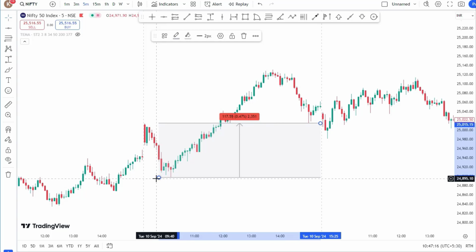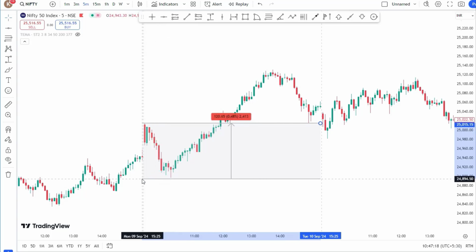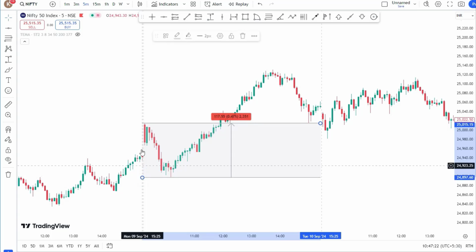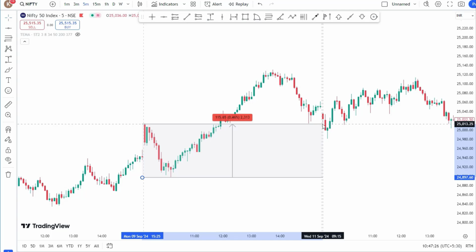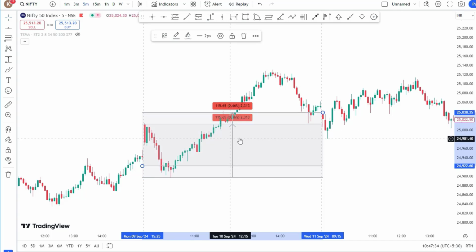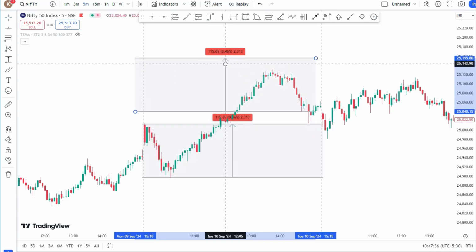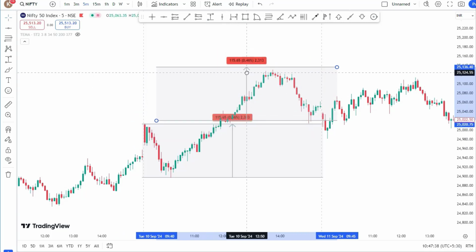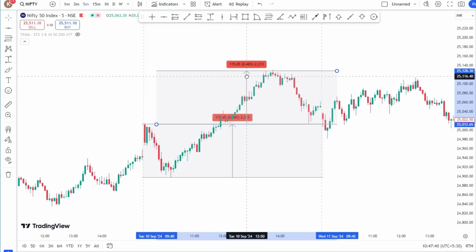Okay, so I will just have to match high and low. Okay, so what I will do, just copy and paste once again and match the line of the top and bottom, and